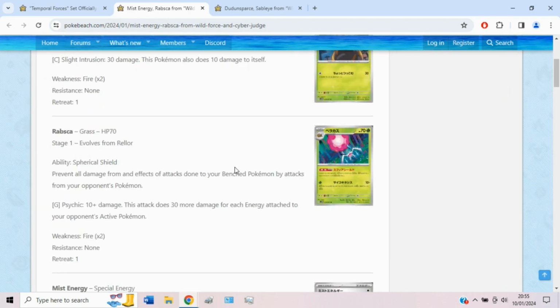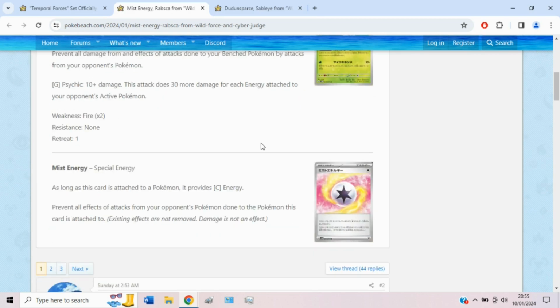There was like a Rabsca, which can prevent all damage and effects. I think because it's Stage 1, it's probably going to be good in something like GLC. Maybe not Standard, because it's a bit awkward to set up a Stage 1. But yeah, either way, it could be pretty cool. Also got Mist Energy, which does the exact same thing, but just as a Colorless Energy, which is pretty funny in my opinion. But yeah, interesting. You still have to find room in your deck, and you still have to find it at the right time,